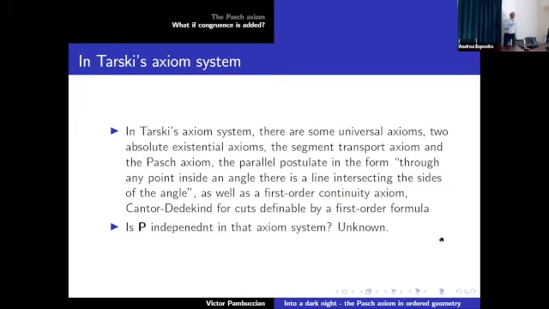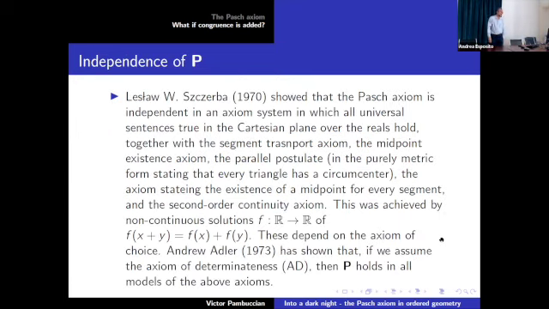Is the Pasch axiom independent in that axiom system? This is unknown. The reason it is unknown is that the parallel postulate is also in this betweenness form. And that complicates things tremendously. However, Pasch is independent if you replace that